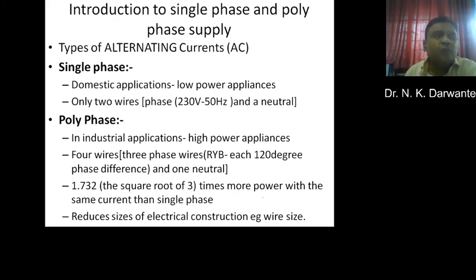If we go for the three phase supply, that is more efficient as compared to the single phase. But if we don't need high power, then why unnecessarily go for three phase? That's why single phase is more convenient in household applications. And for high power application, if we try to use single phase, the power consumption will unnecessarily be more, there will be more losses, and we even need more electrical wire, there will be harnessing, and that is not a good design. Okay, therefore three phase supply is specifically useful for high power applications.